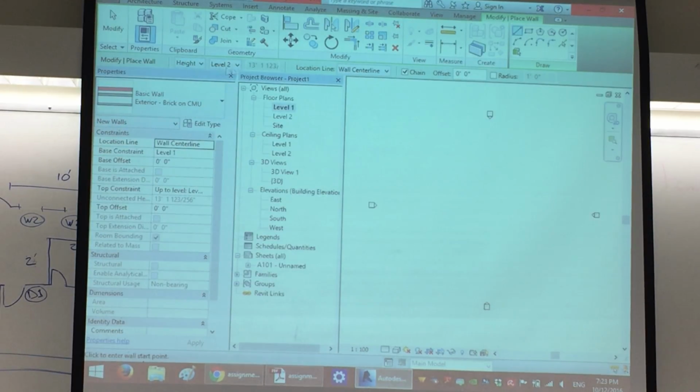And on the option bar at the top, select the height to the 2nd level. Yours is probably unconnected. And the location line should be on face exterior, finished face exterior at this point. So according to what's on the board, 10 feet, I have a 10 feet wall here, and then I have